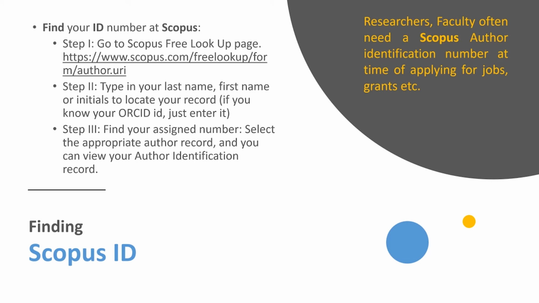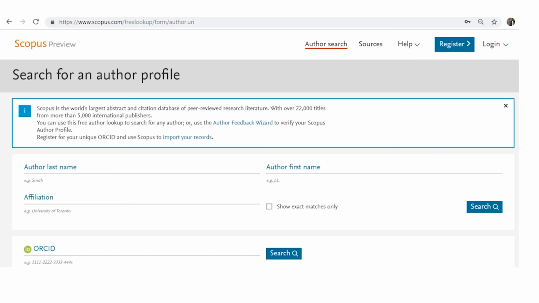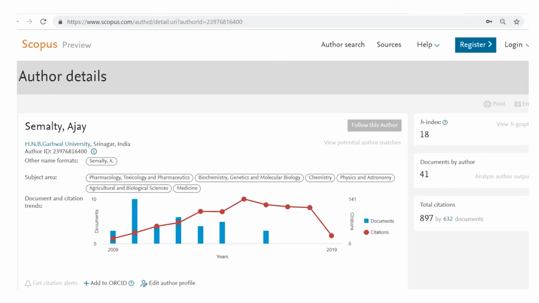As we have discussed in the previous module also, you can have your entire author profile and author details on this page, as we have seen here: the H index, documents by author, total citations, and the year-wise citation detail are given in the author details along with the list of